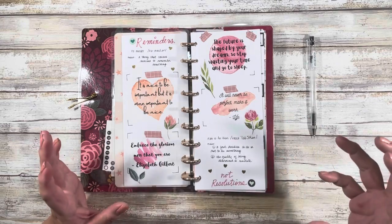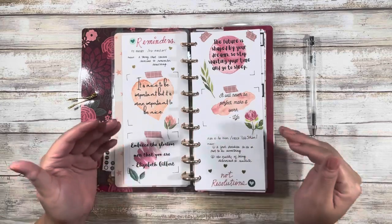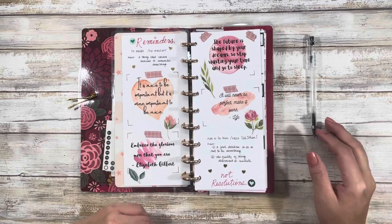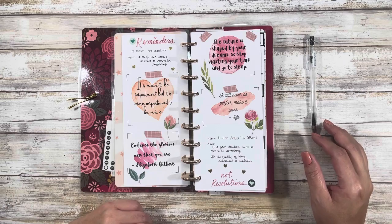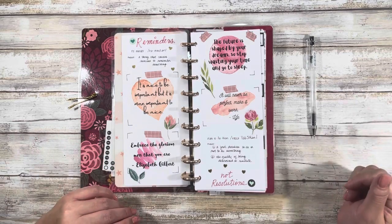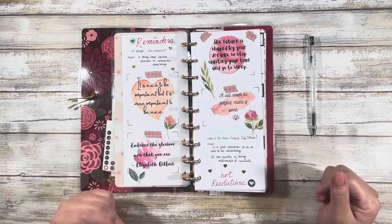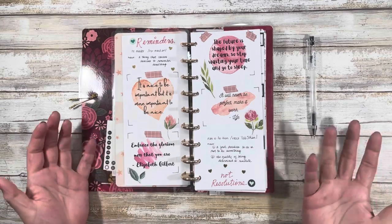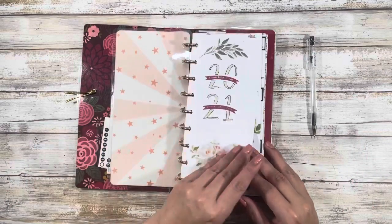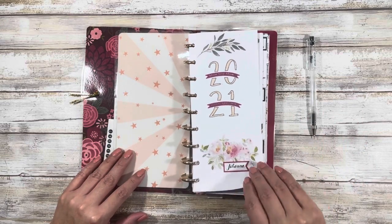It's kind of a combination of a junk journal and a bullet journal, but in Happy Planner products. It's sort of a hybrid of different things, but it works for me. So I don't care that it's not in the community as much, but you might not have seen anything like this before. All right, so what I did is this first part is all annual trackers,